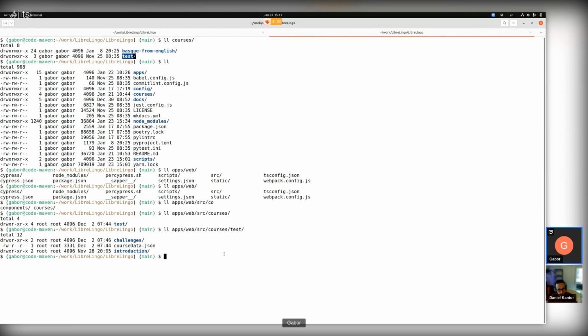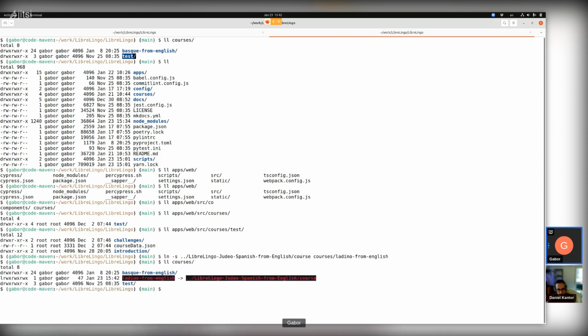So what I did or tried to do is create a symbolic link to the Ladino course, which is next to it. No, it's LibreLingo, Judeo-Espanol, English, and then course. I think I have to make a symbolic link here from course Ladino from English, right? Yes, that should work. Okay, except the slashes always kill me. Okay, so now we have